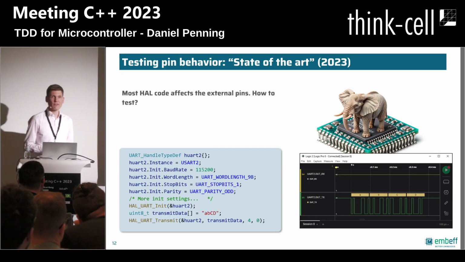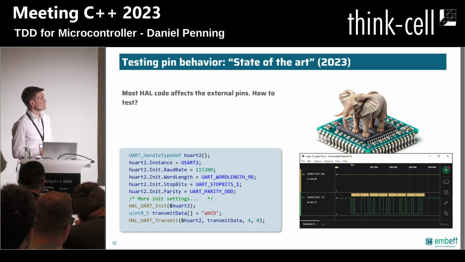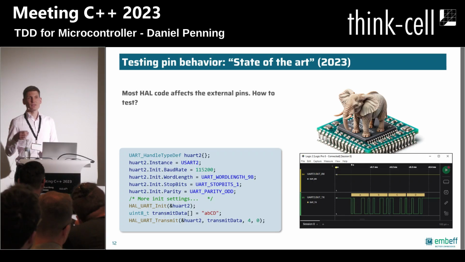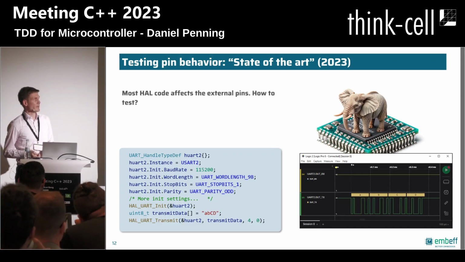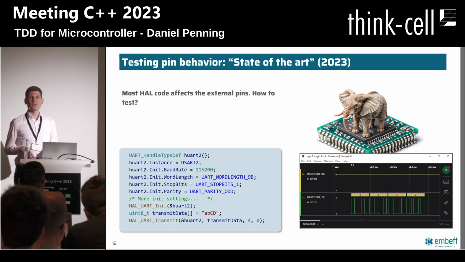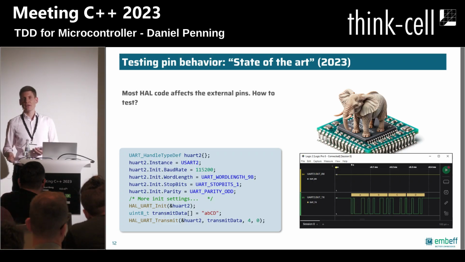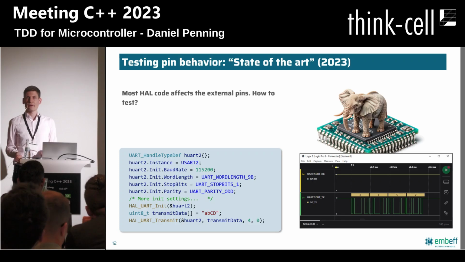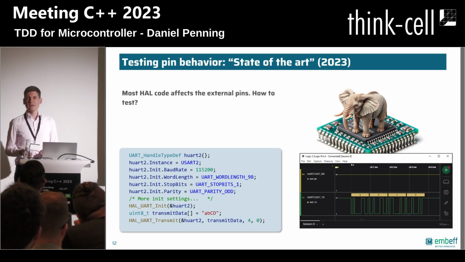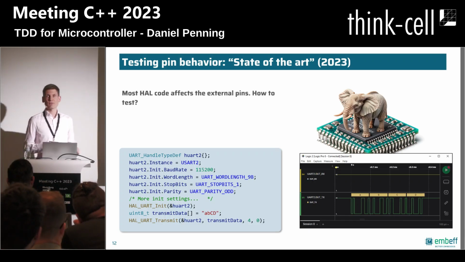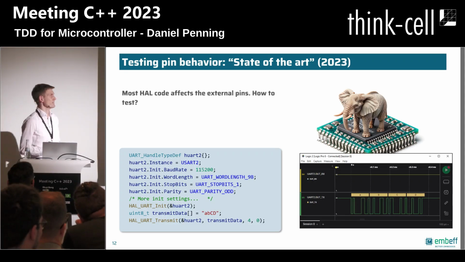And unfortunately, that's state of the art. You program it, and you look at the pins. And this is really cumbersome, because you need a special setup. You need to access the pins, maybe you need to solder to access them, you need special equipment, like at least a logic analyzer, but if you want to send data, you need a serial probe. If you're working on CAN, you need a CAN dongle, all kinds of periphery. And if you need it, you don't have it, or it's used by some colleague, it's really a hassle.